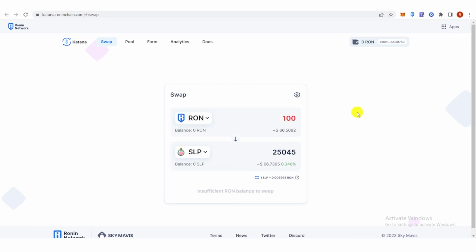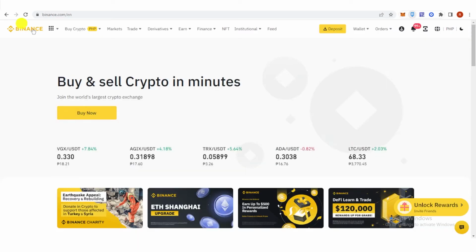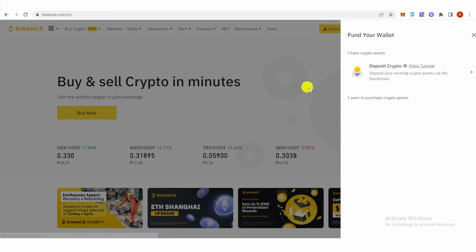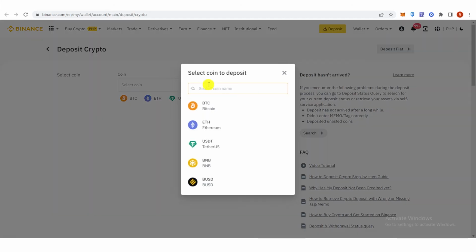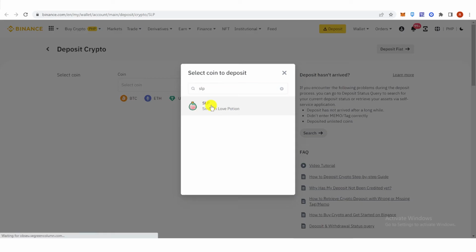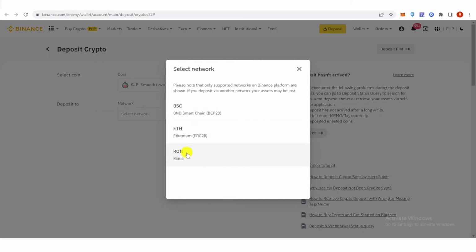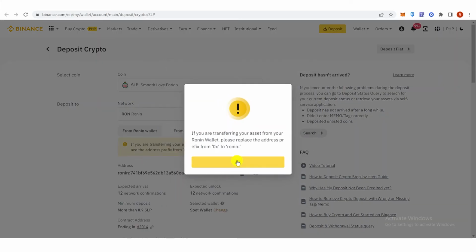Then once you have an SLP in your Ronin wallet, go to Binance here, and then click deposit. Click deposit crypto, and then click here, type down SLP, select a network, and click Ronin. Click OK,